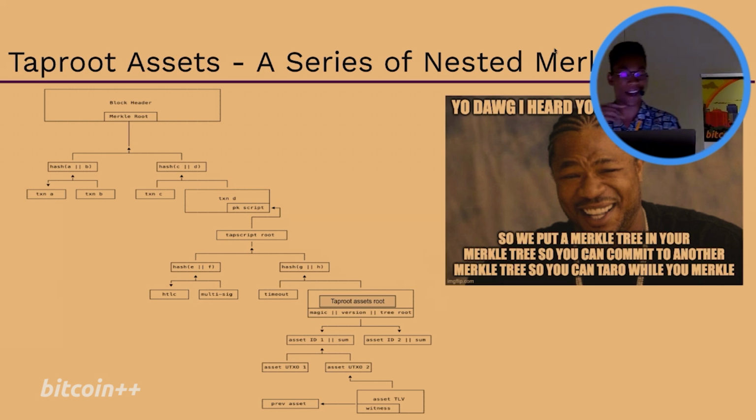Bitcoin developers basically have a bunch of trees, and this is the anatomy of how an asset lives in a transaction. Right? First you have the top level Bitcoin header itself. Then obviously you have transactions. Within that transaction you have a script, and that script is a Taproot script. Within that script you have a tapscript root, which has some additional leaves, and then there's a special leaf all the way to the right, which is the Taproot Assets root. And then within that you're committing to several assets as well, right? And then finally, all the way at the bottom, you have the asset TLV, which has a witness that also points to a previous asset, right? So that looks very much Bitcoin-like at the very bottom there.